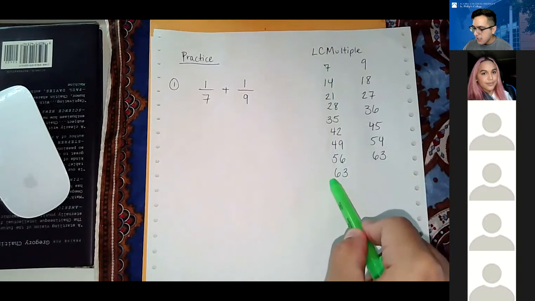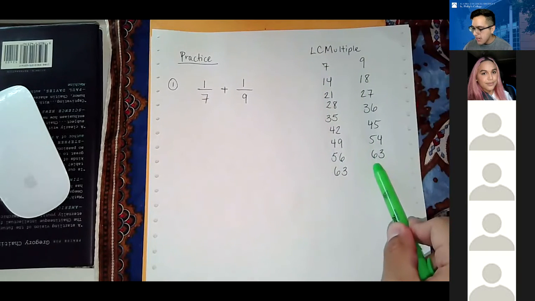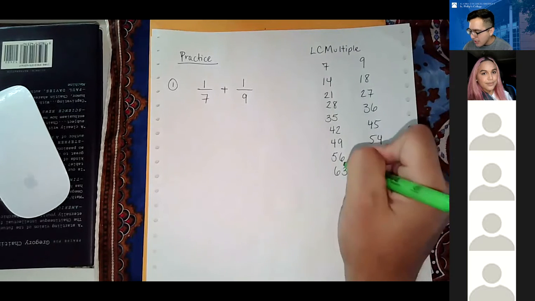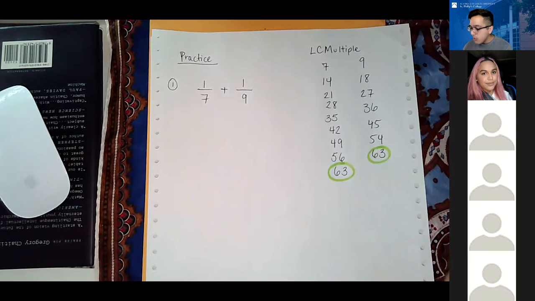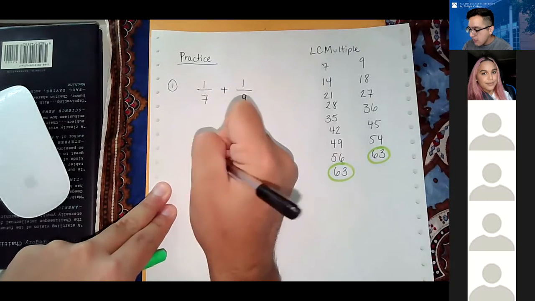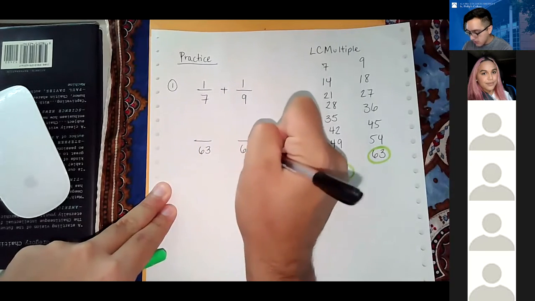multiples of 7 and the list of the multiples of 9 have something in common. We have this common multiple, and it's the first multiple, the smallest multiple, that has shown up where they are the same. That's why we call it the least common multiple. And that's what tells us that our least common denominator for these fractions is going to be 63. So I need to rewrite these fractions having 63 as our denominator